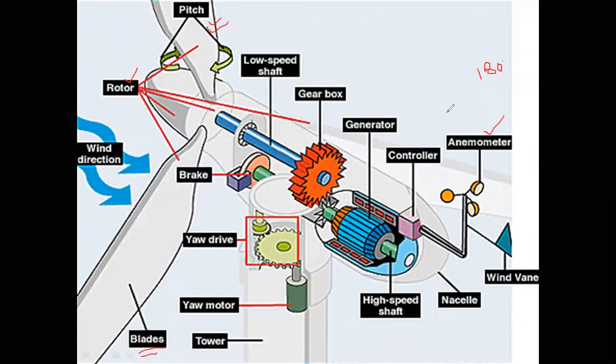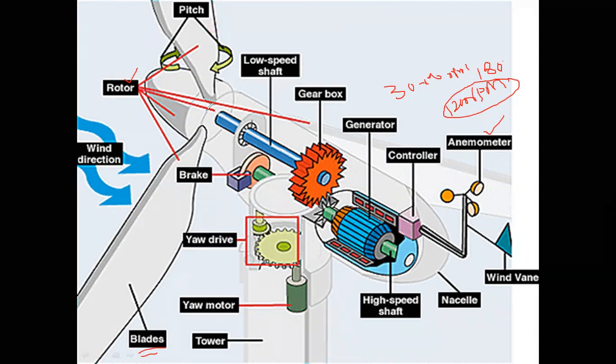So how much wind is available, that is either 100 rpm or 30 rpm or 1000 rpm, or at maximum 1200 rpm. But the wind speed never gives us 1200 rpm. It is in between 30 to 100 rpm. That we need to bring up to 1200 to 1500 rpm. That is the low speed shaft. Another one is the high speed shaft.